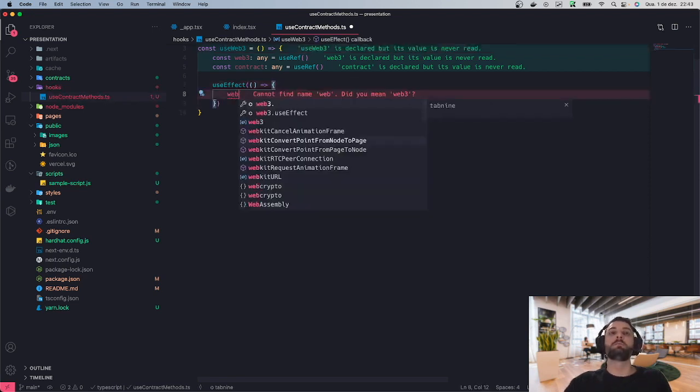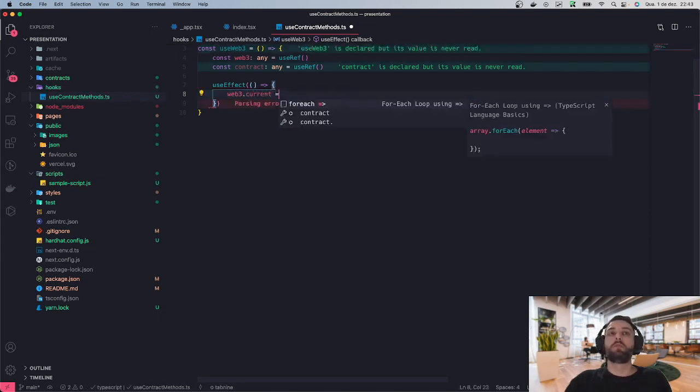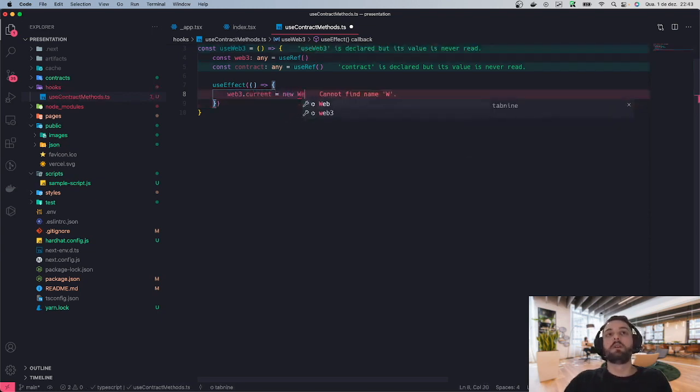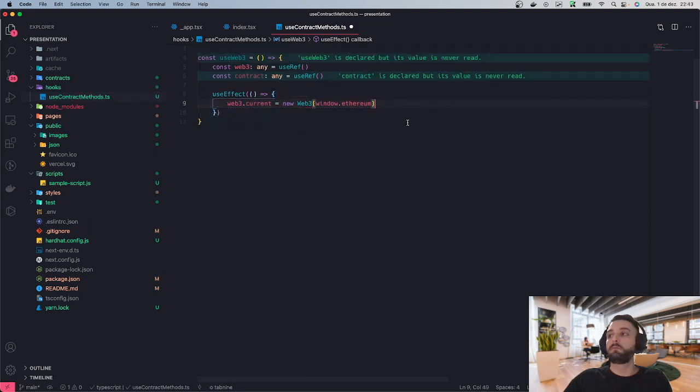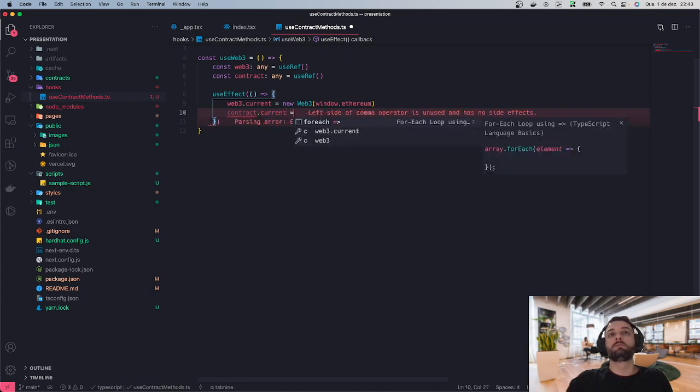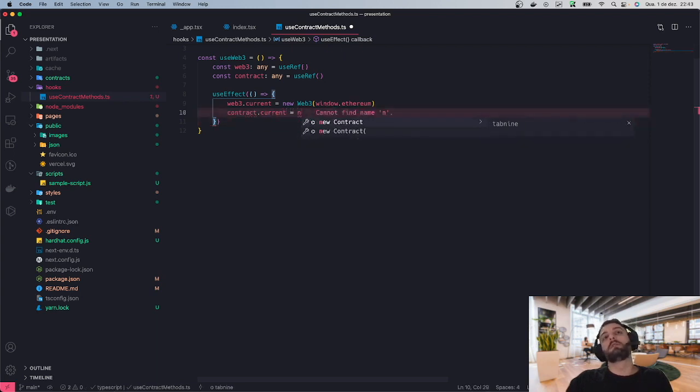So the Web3 current will be new Web3 and window.ethereum. So we are getting the window here, using the MetaMask. We are using the MetaMask provider to be our provider to our version here of the Web3. So I'm going to import that. And also I'm going to instantiate the contract as well. So we are going to create a new instance of the contract. So it's new